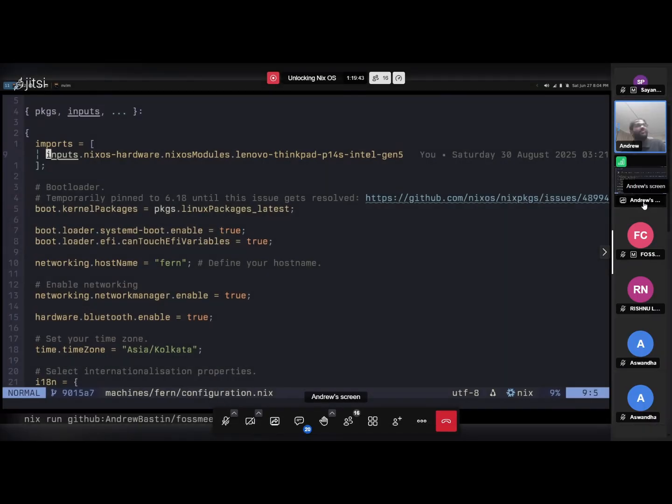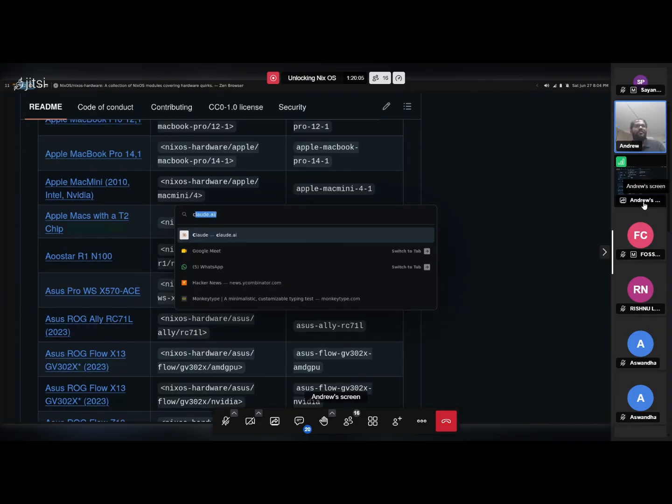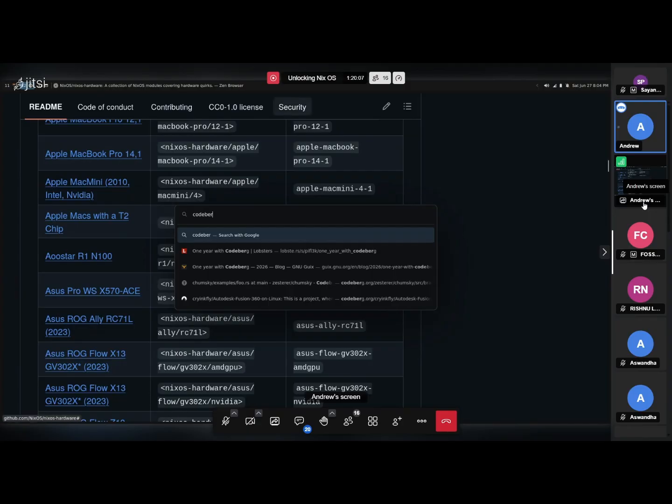And then you can also share things. We in the Nix community are very live in helping people out. It's also part of our ethos to share stuff, and we can easily do that. For example, in our community, I have a friend named Aditya. Aditya is the one who introduced me to NixOS when I was setting up my configuration. So I think he moved to Codeberg.